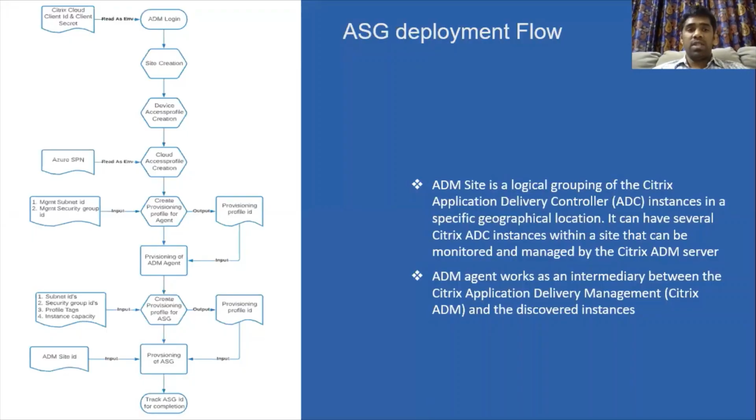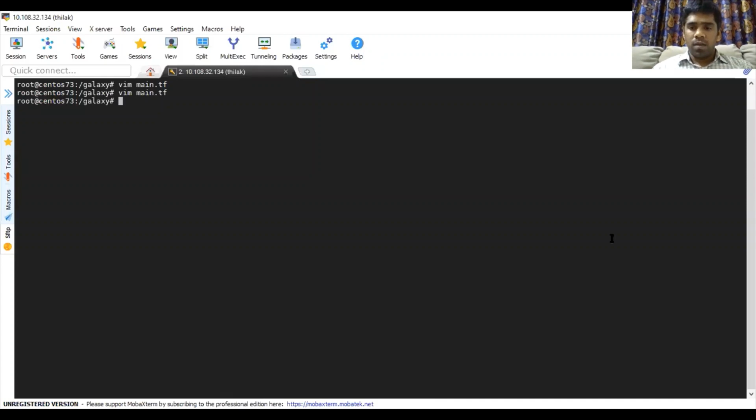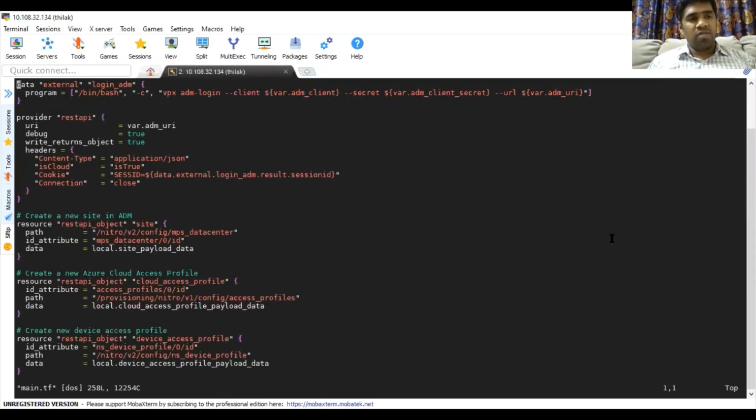Without wasting much time, now let me quickly go to the Terraform code, and I'll show you how these resources are getting created using the Terraform code. Yeah, so this is my Terraform code that is used for creating the resources that I showed in the flowchart.